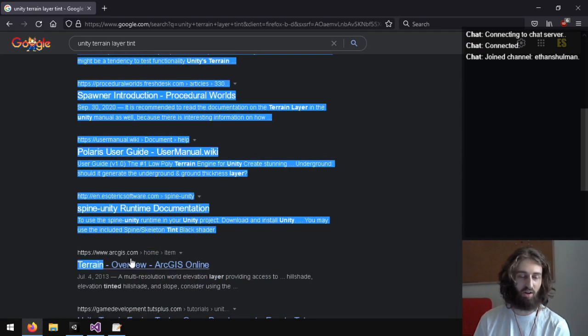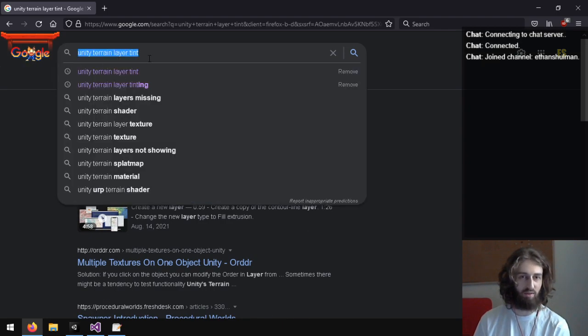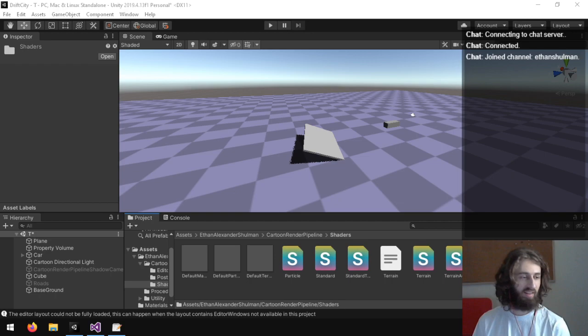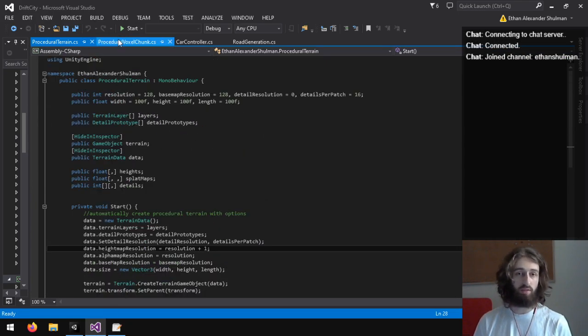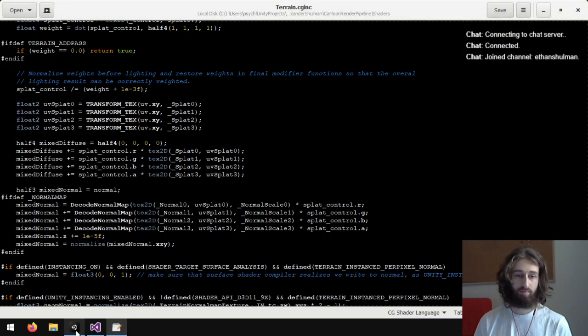It starts giving me ArcGIS answers on the second page when I search up Unity terrain. Oh my god. I'm just gonna assume there's no way to tint them, because it just looks like there's no way to tint them.